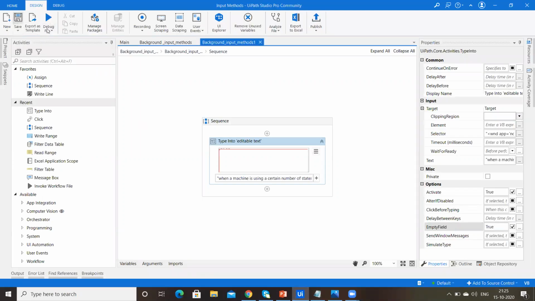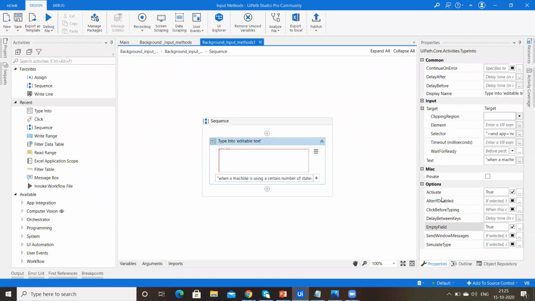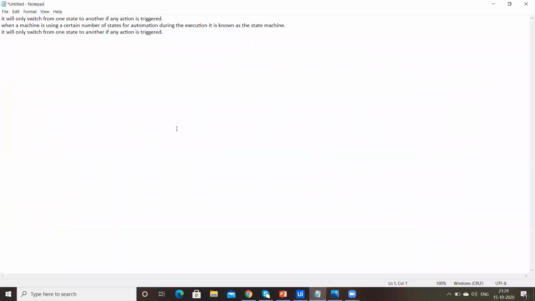Just save this. Let's run. Here you can see it will remove the first line and it will type this again.